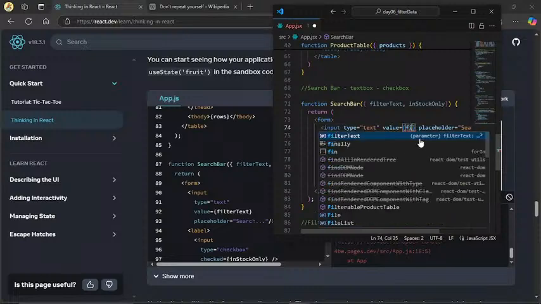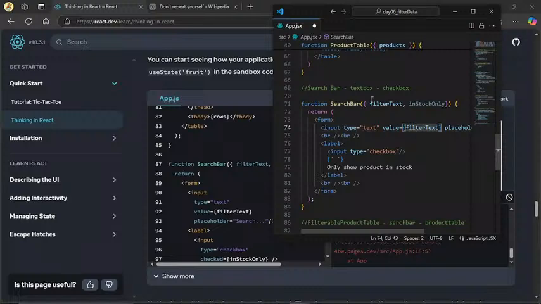Value will be filter text. In the filter text,